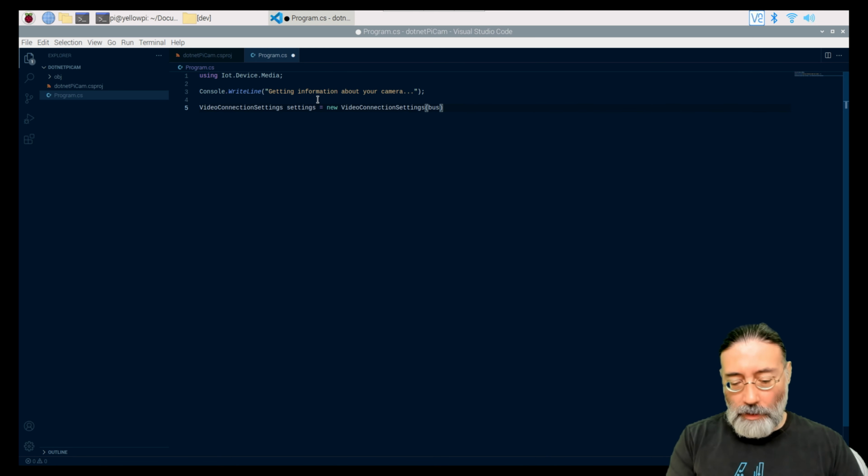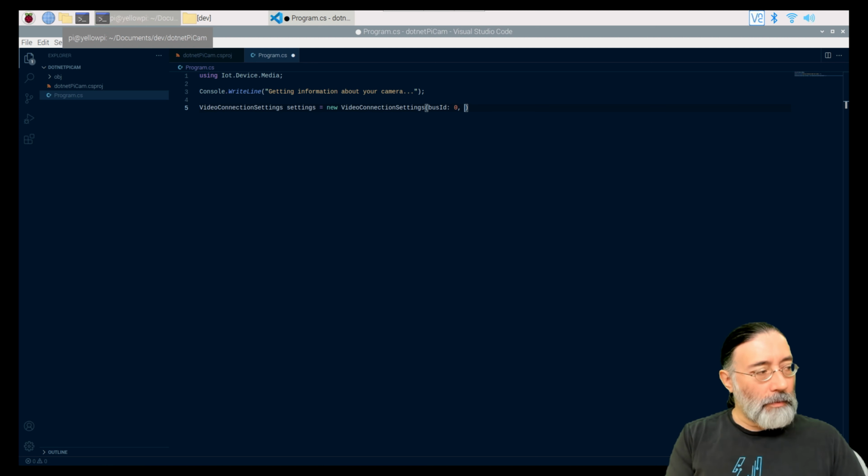The first parameter it takes is what they call a bus ID, and this is the bus. If you know how hardware works, it often works by all the different connections are often called buses, and so you can have different connection numbers, and we're going to start by just looking at bus ID 0, and then what we want to get out of this is what size we can capture